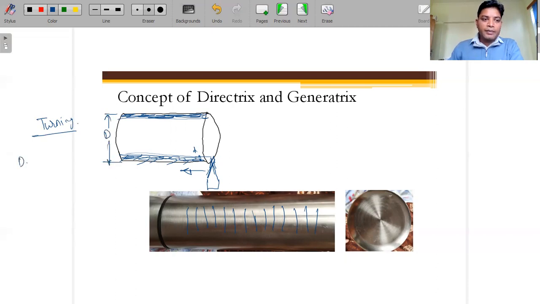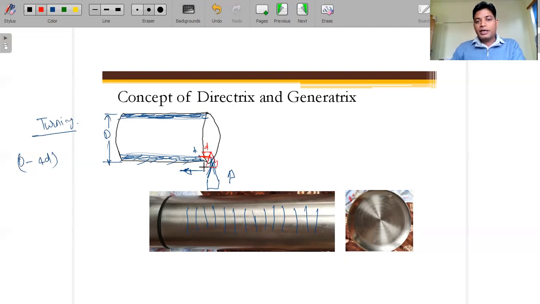Okay, and the final diameter would be capital D minus 4d, 4 small d. So when you have operated once, a small d depth of cut of material has been removed from the workpiece area, right? Now again, what you have to do, you give the feed to the tool in this direction. Now this much amount of the material has been removed, and keep this tool over here. So again, now we have maintained this depth of cut.